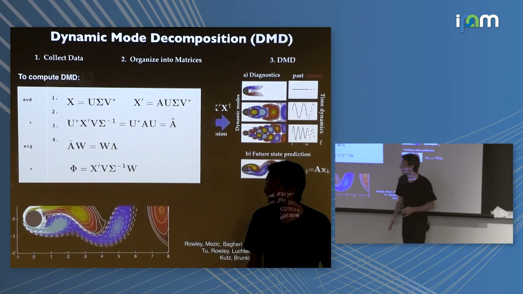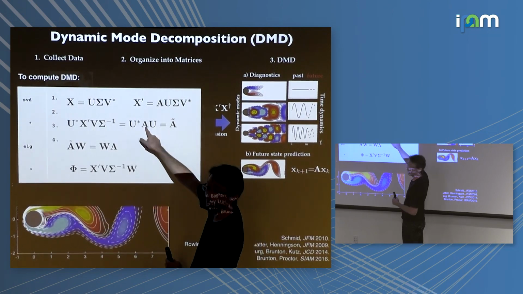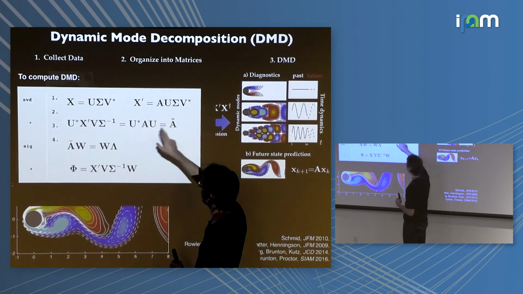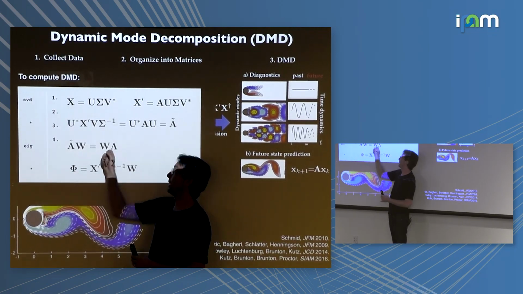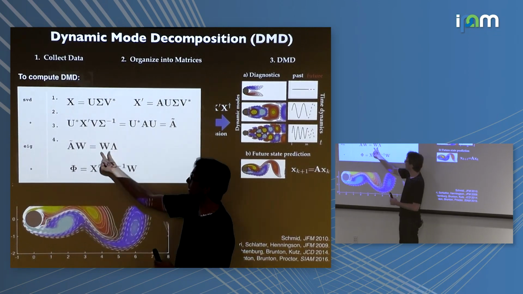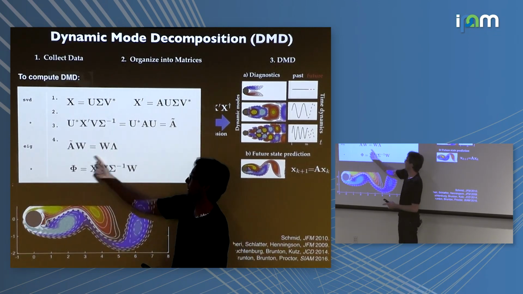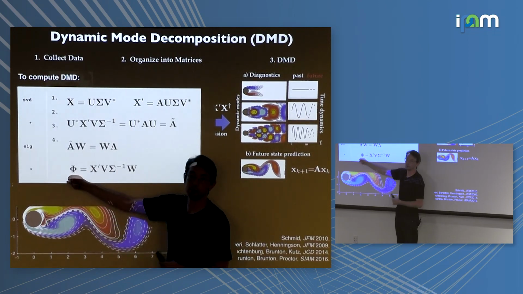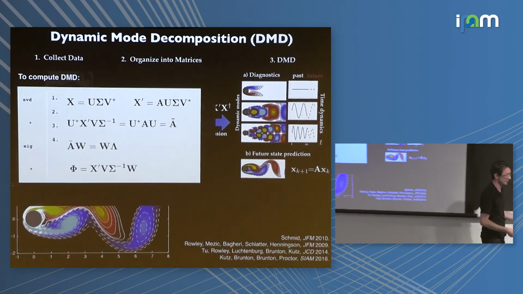Now, this is a fun property of math: the eigenvalues of A tilde will also be eigenvalues of A. And so I can compute this very, very cheap, efficient eigendecomposition to get my dynamic mode eigenvalues, lambda. And then I can use these little 10-dimensional eigenvectors to reconstruct my original data to get high-dimensional DMD eigenvectors. Now, I'm glossing over a little bit of details here.